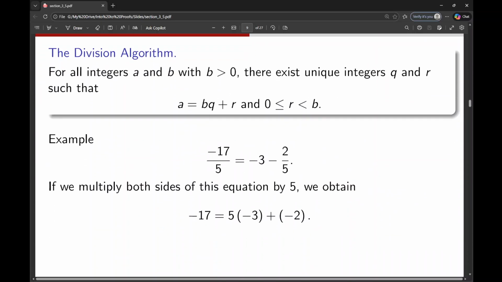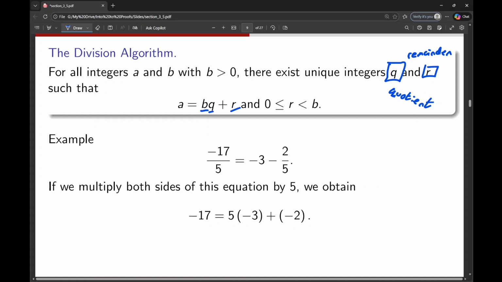the division algorithm. The division algorithm states that for all integers a and b with b greater than 0, there exist unique integers q, where q is for quotient, and r, where r is for remainder. We'll try to use q and r for both of those letters, such that a equals b times q